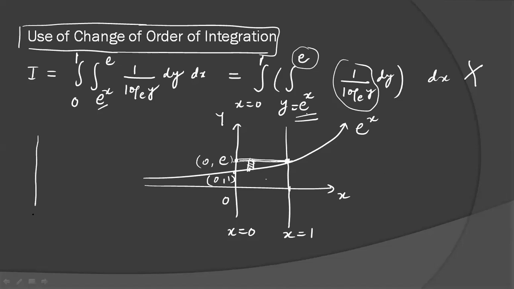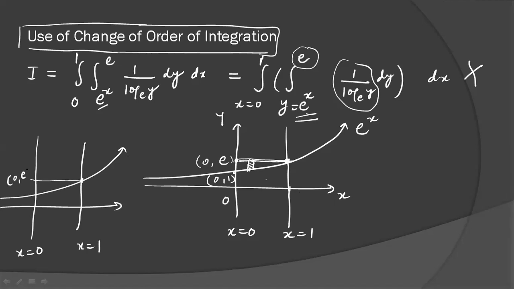Now we will change the order of integration. In changing the order of integration, I am not going to change anything, just the parallel strip. This is our region, 0 comma e. This is your 0 comma 1. Now we will draw the strip parallel to the x-axis. When you draw it parallel to the x-axis, your x limit will be in the form of a variable, and y will be constant. So what is the constant y limit? y is from 1 to e only, and x will be from, if you see, this is the tail of the strip,